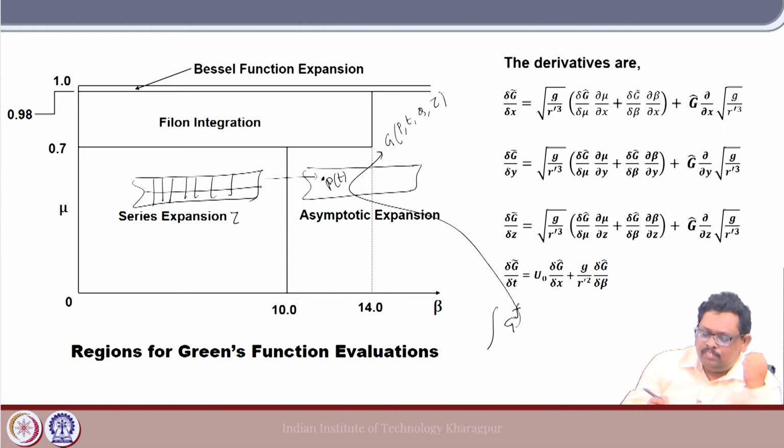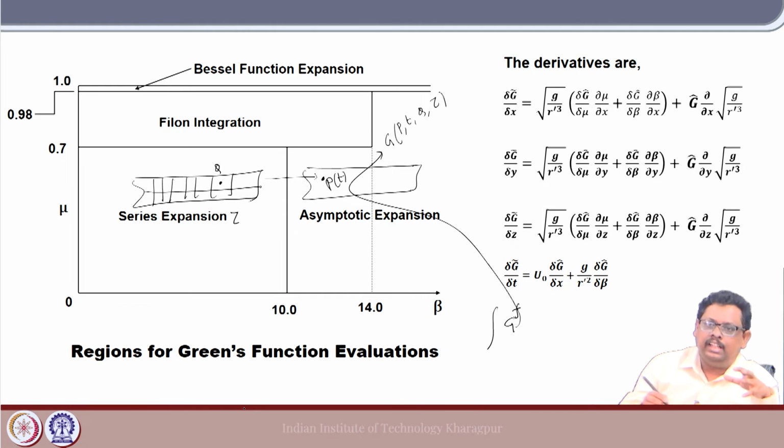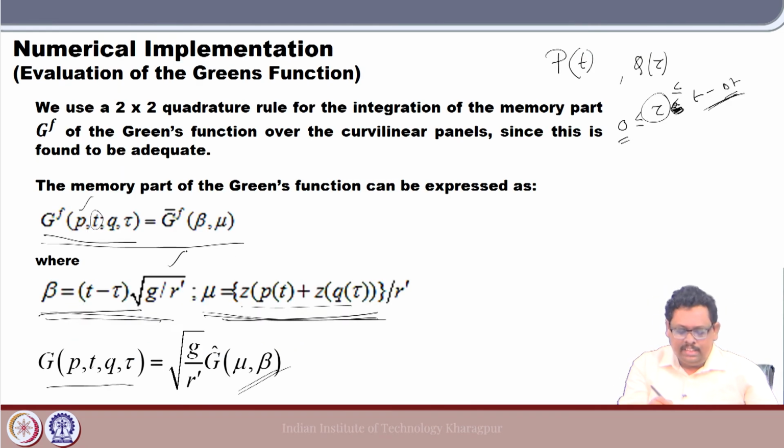So, what we are going to do is, suppose now with respect to this t, you figure out this is your source point q. Now, how does the panel method work? We have to have a p and then a point q. This q is at time tau. When you are doing the integration, you know the information about p, t, q, and tau. So definitely, if you apply the previous